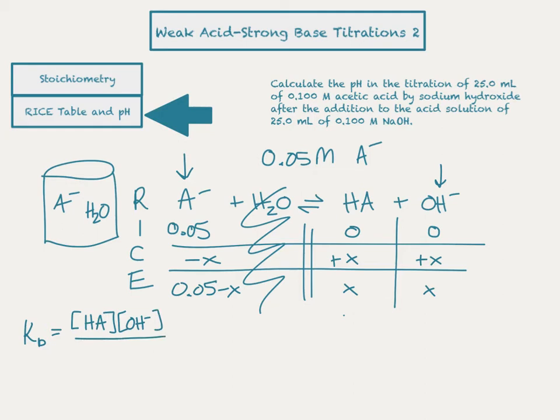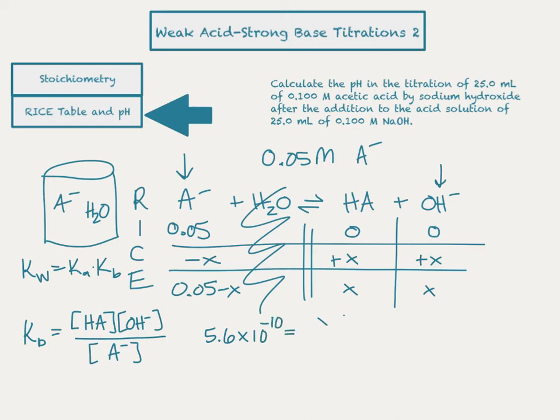So I'll write out my Kb expression for clarity so I don't forget what I'm doing, and then I can plug in my numbers. If you don't have the Kb given to you, I want you to remember that you can always calculate it using Kw equals Ka times Kb, where the Kw is always assumed to be 10 to the negative 14, unless you're told otherwise. I happen to have the Kb memorized for this particular chemical because we use it so often. So we'll just use the rounded value, 5.6 times 10 to the negative 10